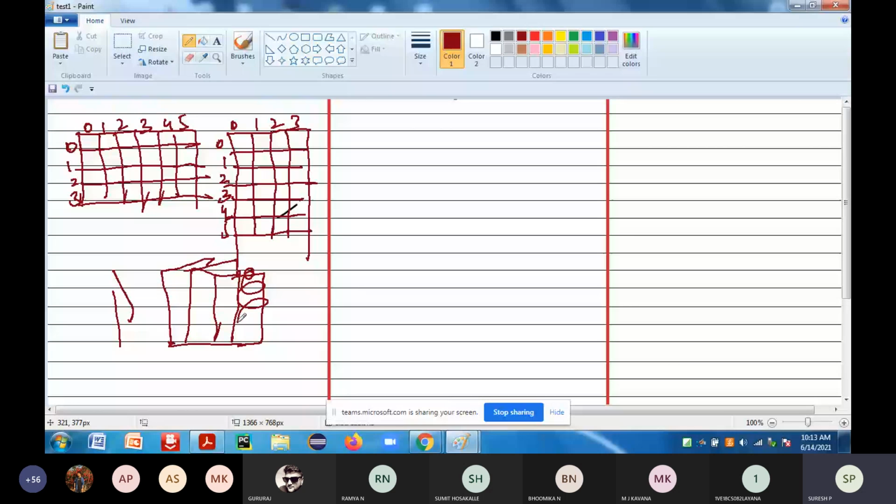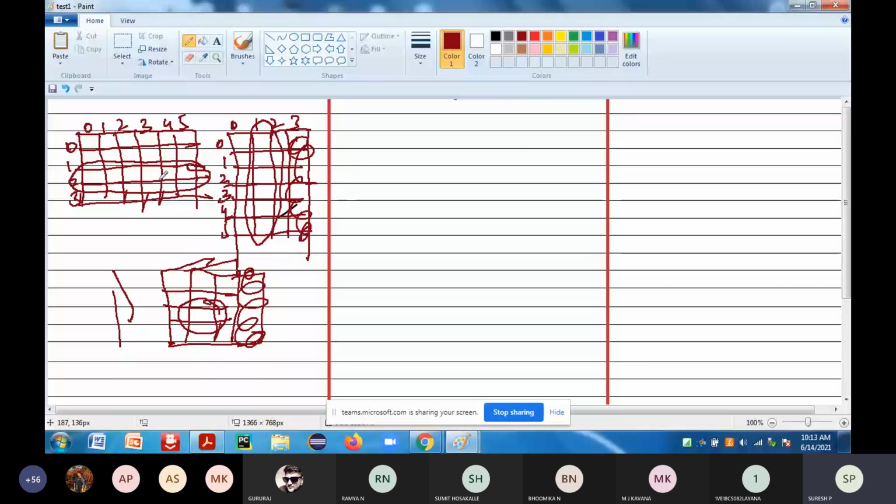So now here, if you want to multiply the element of 2 and 1, if you want to have the element in this particular part, you have to multiply this part with this part.